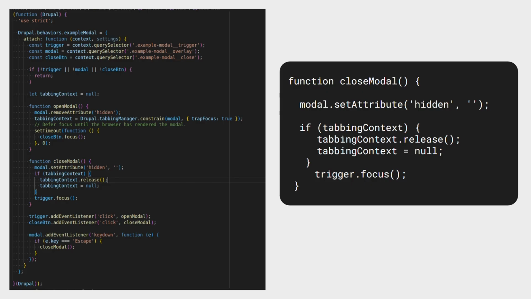So at that point we reset the hidden attribute on the modal, so it disappears. We release the tabbing context, and then we return the focus to the trigger that set us off in the first place. So there's just a couple of functions in there, and it does all of the good work for us. So maybe we'll get a video